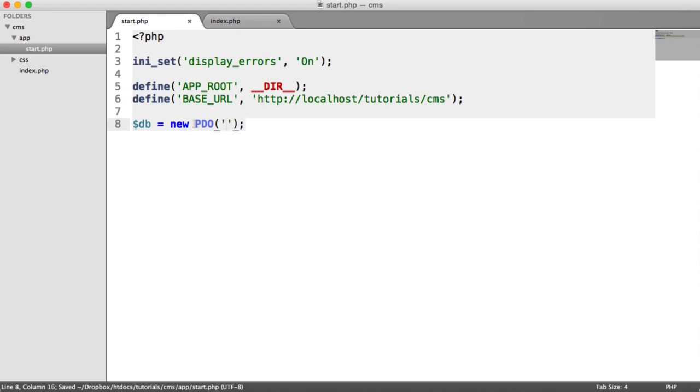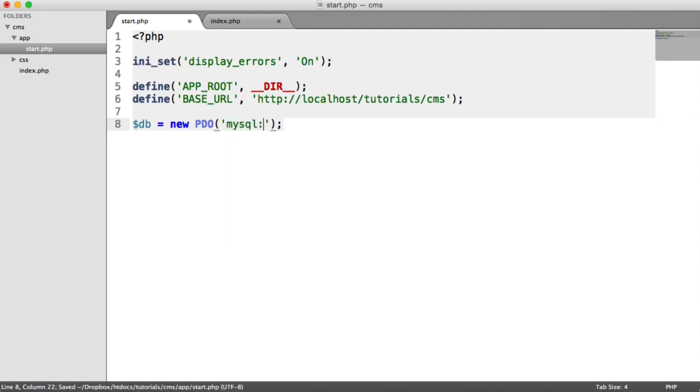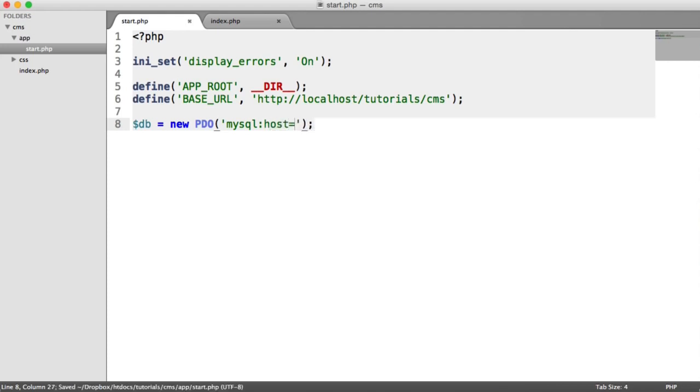And all PDO is, is a way to access our database, but we can use different drivers. Now I'm using a MySQL database, so in here I'm going to type MySQL, and then I'm going to provide the information about my MySQL server and then my authentication details as well, so my username and password. If you just set MySQL up, this will likely be root and root, but we'll get to that in just a moment. So the host is always going to be something like localhost if you're just developing on your computer,